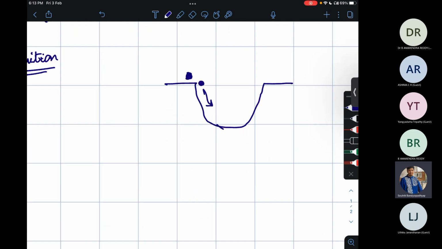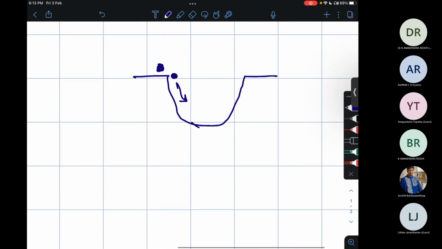So I'm rolling this car down this valley. At each point of time, the potential energy of this ball is decreasing, right? As we go along this direction, due to gravity, the potential energy of this ball is decreasing at each